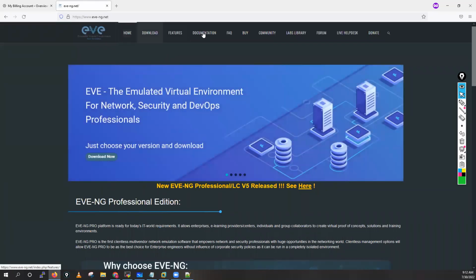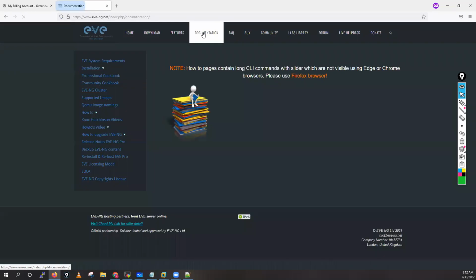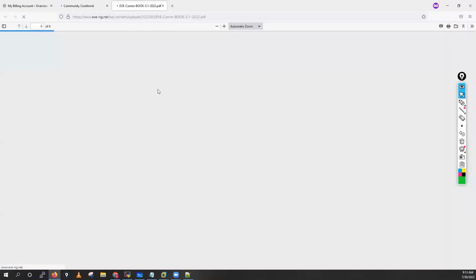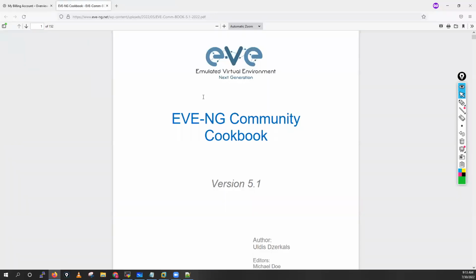If you go into the documentation, you will see here installation. You will see this professional cookbook and community cookbook. So guys, what we are using here is the community edition. So you have to select this community cookbook. Open this cookbook in a new tab. Now in this cookbook, basically you will get